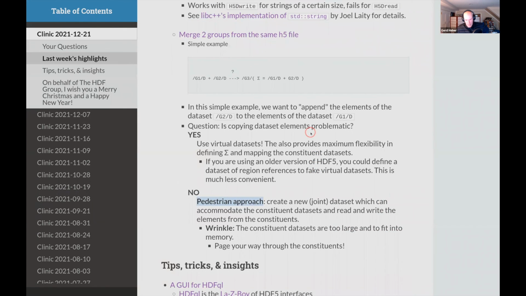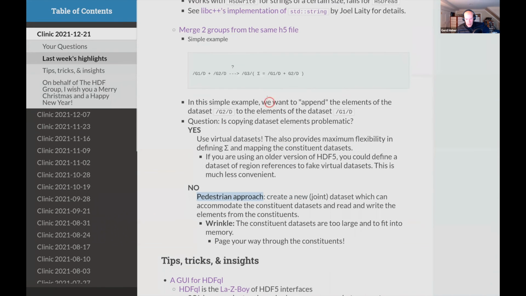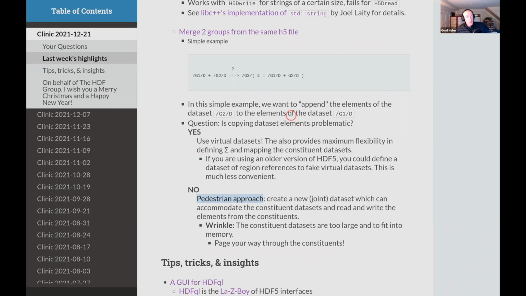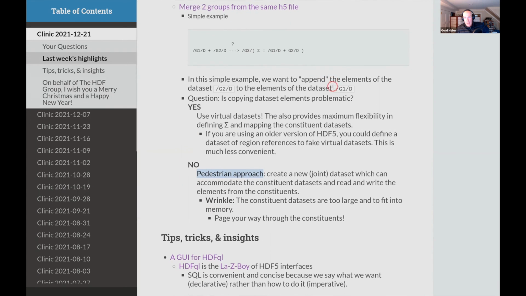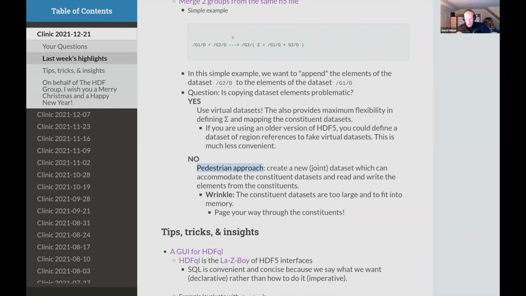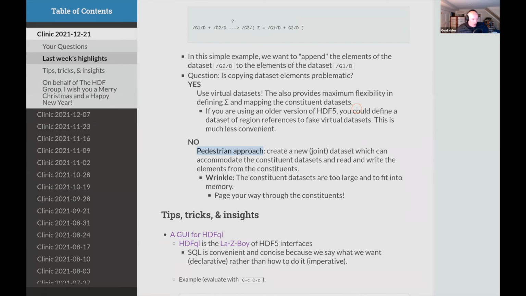In one or the other case, you might want to go with one or the other option. Certainly virtual data sets, if you can use them, are the most convenient way. The only thing is, if these constituent data sets are tiny and you are thinking about not just having two of them, but thousands or hundreds, then the overhead is going to be substantial, because you're piling metadata on top of metadata. And then if you want to make selections on such a virtual data set, that's not going to be very performant. And I'm afraid we are out of time.